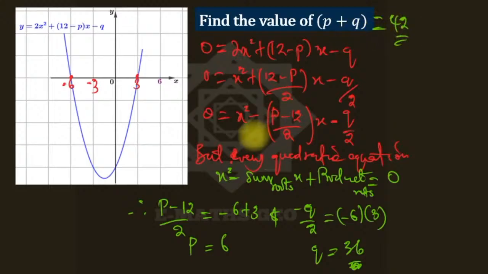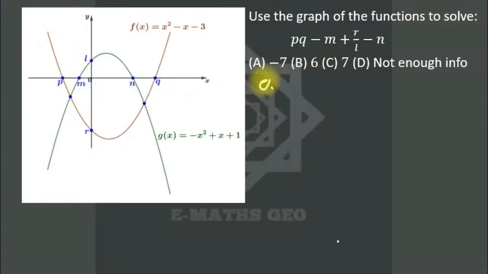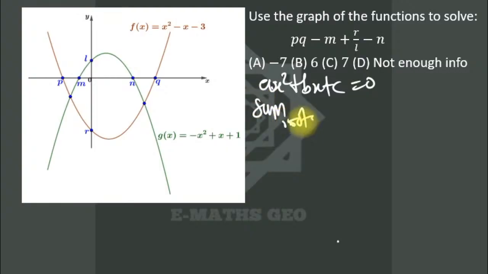So it's a faster way of solving it. We can decide to substitute the corresponding values here, x is minus 6 and y is 0. It will form a simultaneous equation, but for me, this is the fastest way. Thank you. For every quadratic equation, ax squared plus bx plus c equal to 0, the sum of the roots is minus b over a, while the product of roots